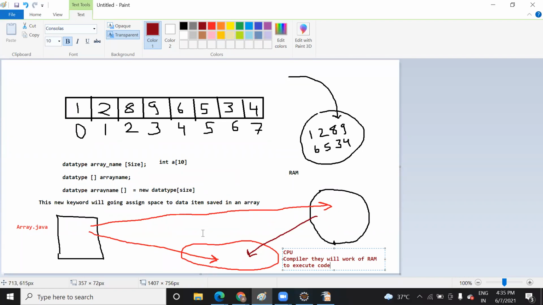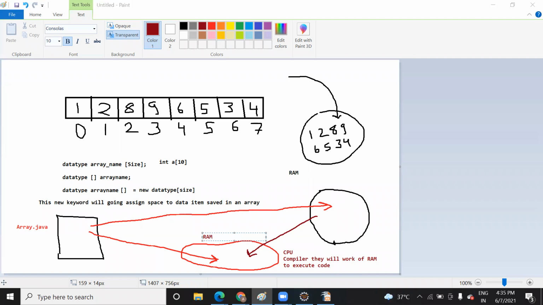And why do they come to the RAM? The reason is, normally the RAM of our system is 2 GB, 4 GB, or 8 GB, but the hard disk is 500 GB. So when you run any software or code, only the specific part that you currently need comes to the RAM. The rest won't come. For the CPU and compiler, the working area is limited to this RAM of 2 GB, 3 GB or 4 GB, so they work faster. So that is the scenario.